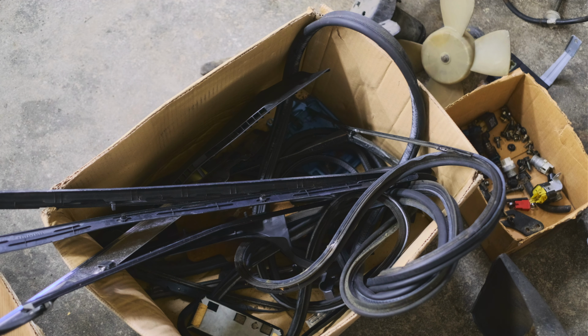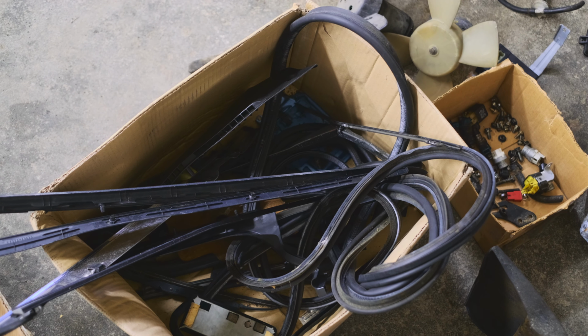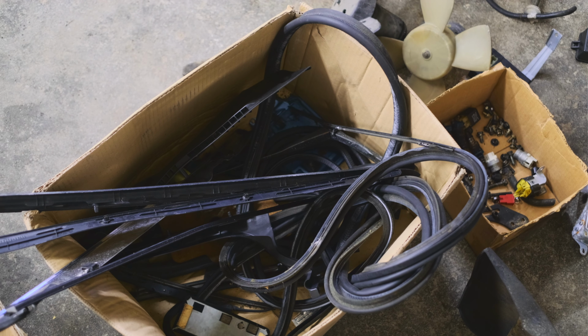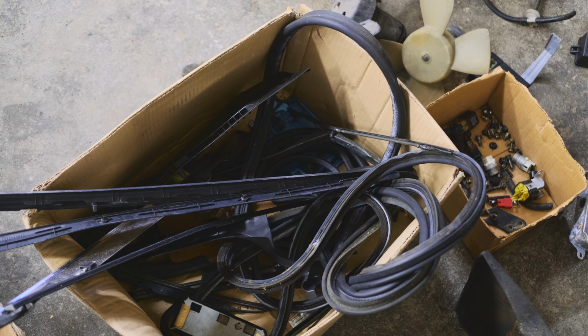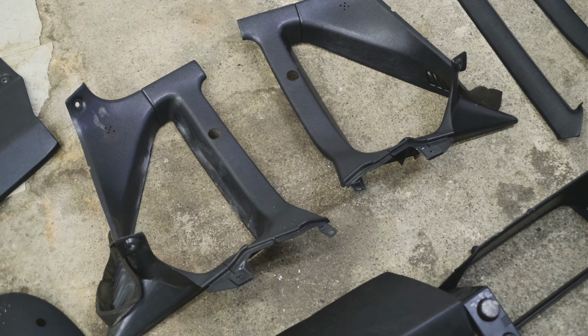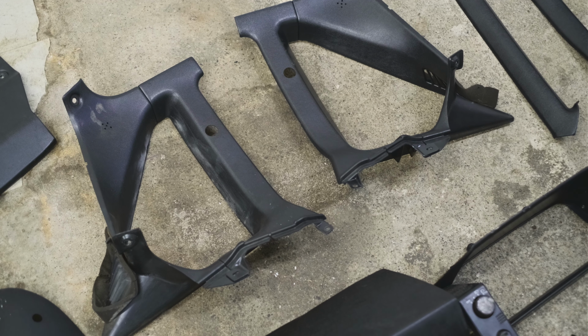Realistically, I don't need all of this stuff. I mean, I want to keep it all just to have on hand, but my dad also made a deal where I can sell whatever I don't need and split the money with him 50-50. So I just want to go through everything we have here and talk about what I can use and what